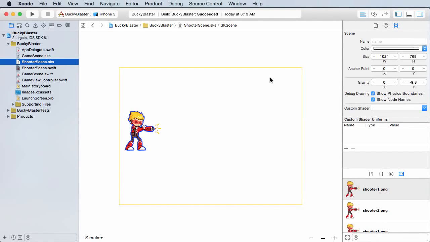Alright guys, now that we have our dude on the screen, what we can do now is actually start setting up that level. And one of the very first things that I want to do is go ahead and start animating this guy, because right now he's pretty much just a still image. I want to build the animation so it looks like he's actually being affected by the firing of the gun. So anyways, let's hop over to shooter